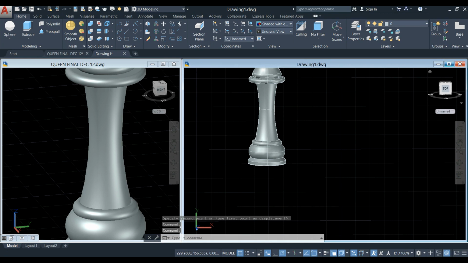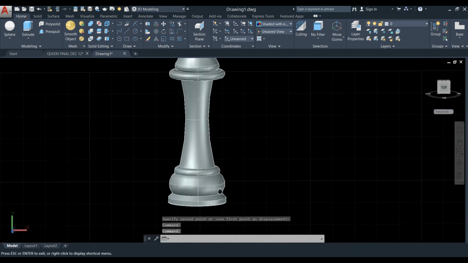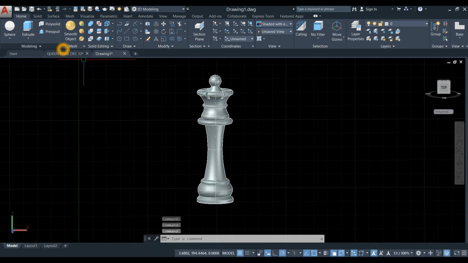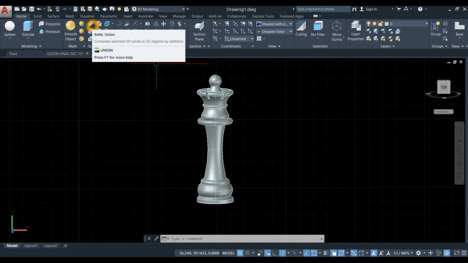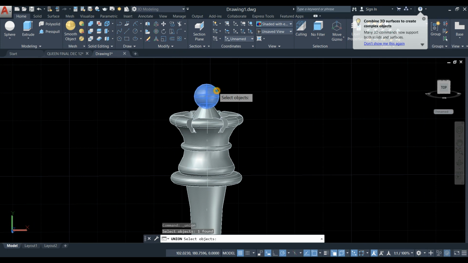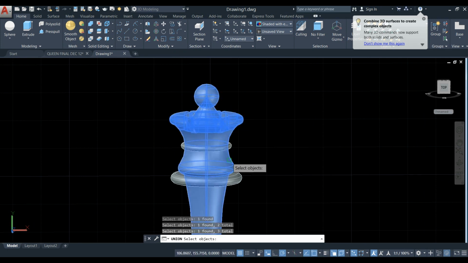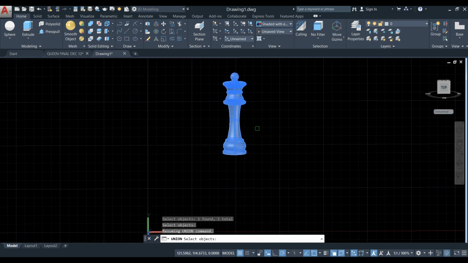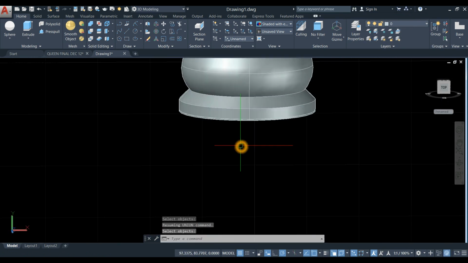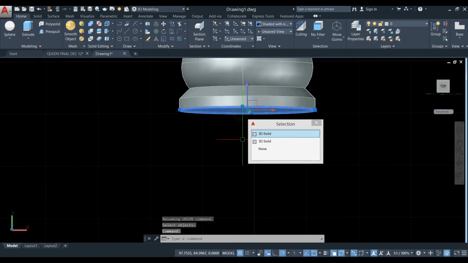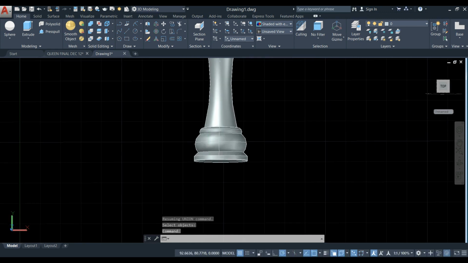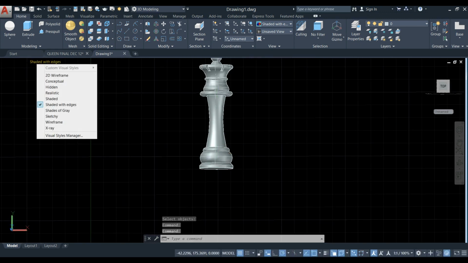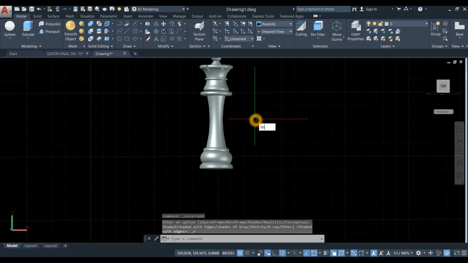Now I'm gonna maximize this one. I'm gonna join the objects. So select union command, click this object, this one here, this one, enter, except for this velvet. So I'm gonna bring this to realistic, type materials,